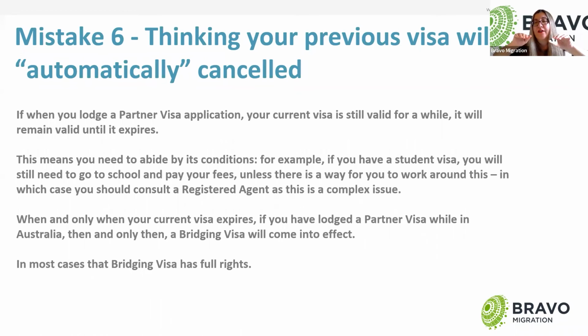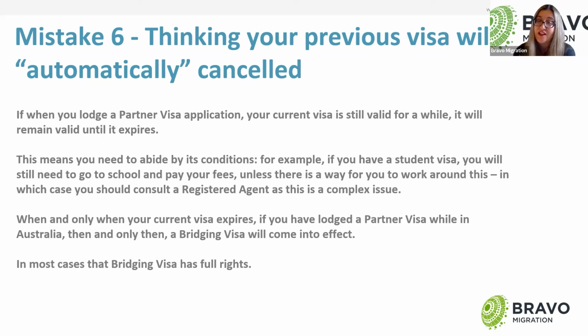The reason why, and that's another mistake people make, another incorrect assumption. They think, well, but I was granted a bridging visa. There's a paper saying I got a bridging visa. So that bridging visa has taken over my student visa. It's not how it works. A bridging visa is a visa that stays dormant under whatever substantive visa you have until the day that visa expires. So if you have a student visa for another 2 years, that bridging visa will be sleeping under your student visa for 2 years or until your partner visa is approved, or if by 2 years your partner visa